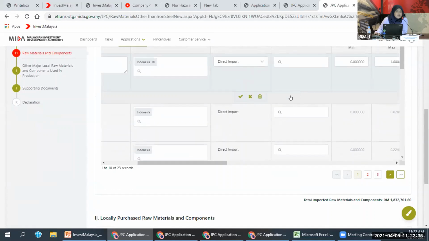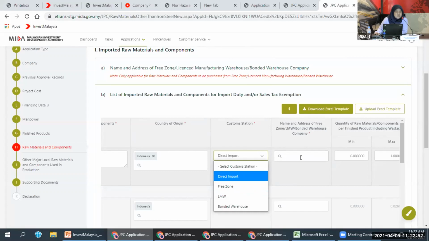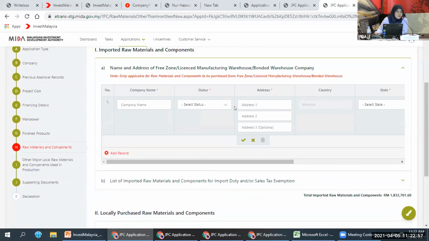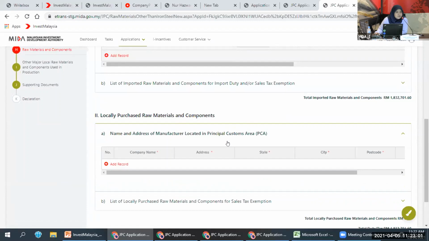Only after you key in the first section, the A section, can you see the list of name and address of free zone, LMW, and bonded warehouse listed here. If you select free zone, the list of name and address will be populated based on the information you keyed in the A section. If your item is locally purchased, you can key in all the information accordingly.